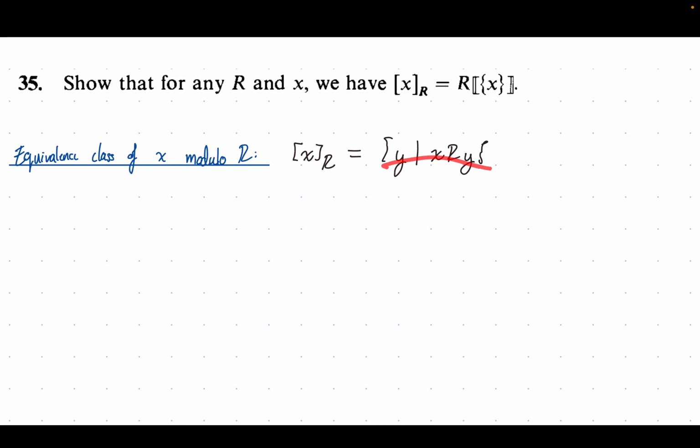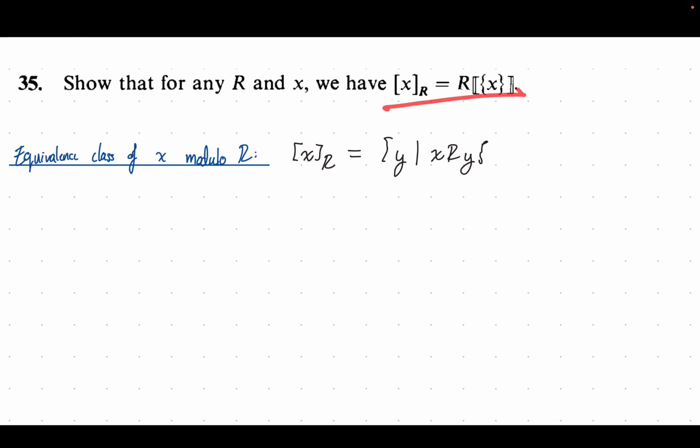The book uses t, but I like y a little better. It just fits better in my brain. But yeah, this is the set. It's basically anything that is associated with x, right? If in your relation y is associated with x, then y goes in the set. Okay, now what we are going to do is